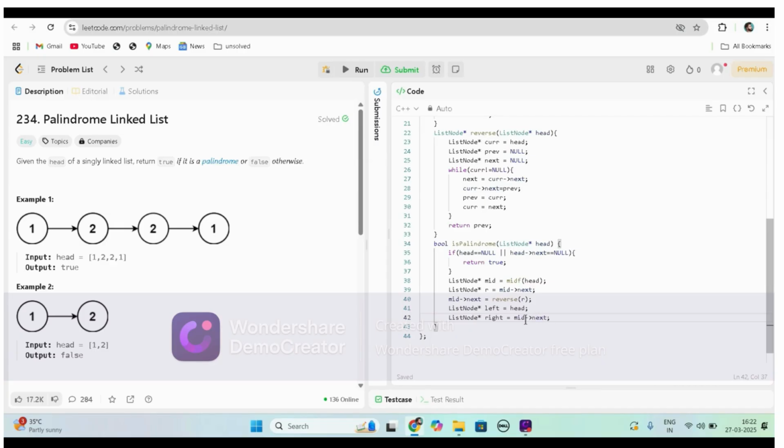Not R. You might think so, but R was previously pointing elsewhere, and mid next has been updated, so it might differ. You must keep a safe solution to have mid next here. Okay, now let's stop the normal looping while